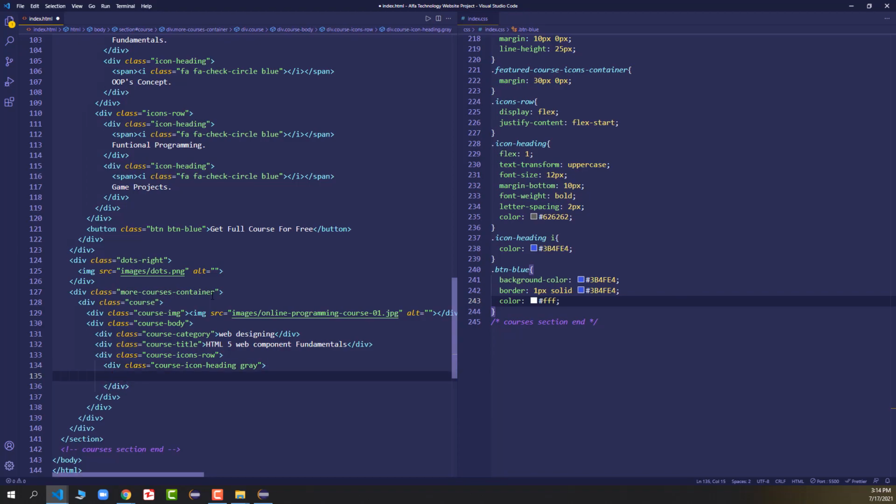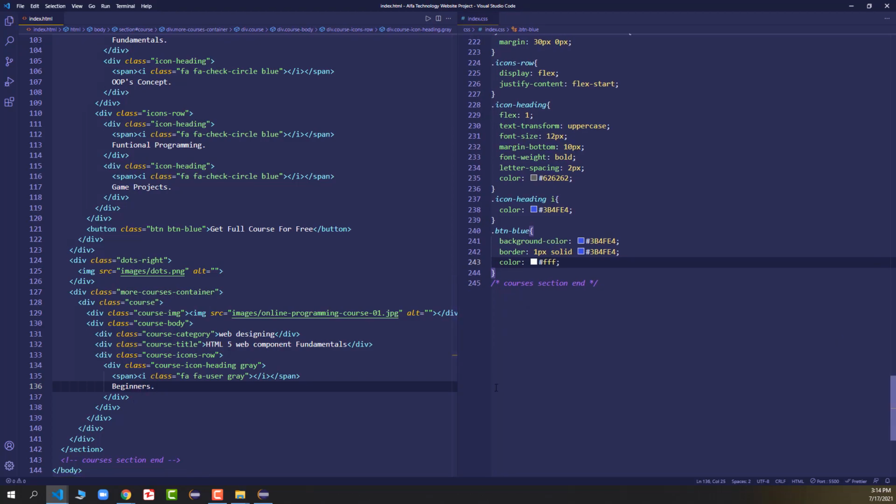And after that, inside of the heading, we'll have a span tag. Inside the span tag, we have a class called FA user, and we'll have a gray class. After that, we'll have the text as beginners, so this just indicates that this course is a beginner friendly course, or this course is particularly for beginners. So you can say this is the difficulty level of the course.